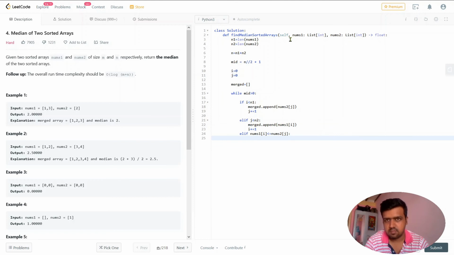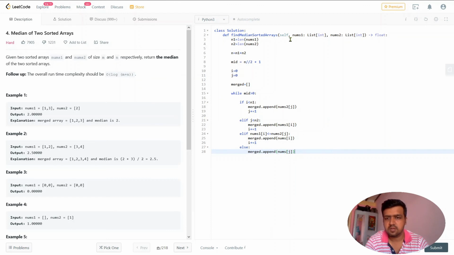The smaller element will be merged first, so I will append nums1 of i, and I will increment the pointer. If this condition is not true, if nums2 is smaller, then I will directly append the element from the second array.